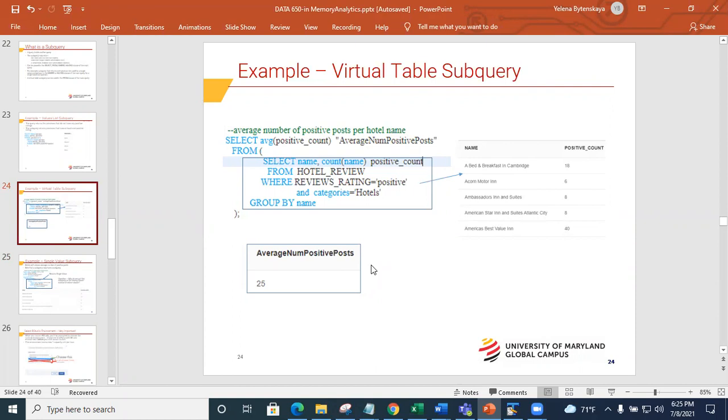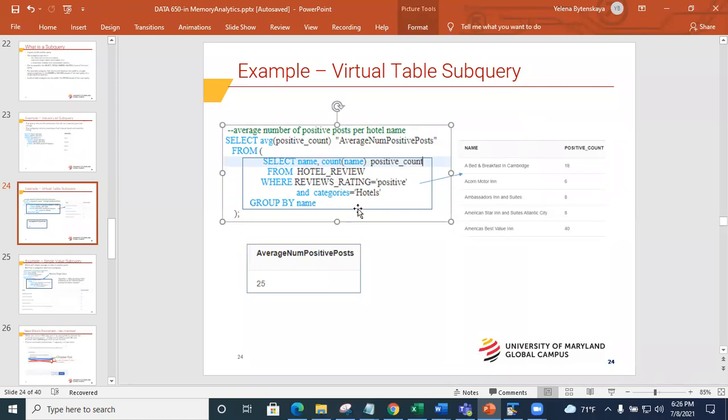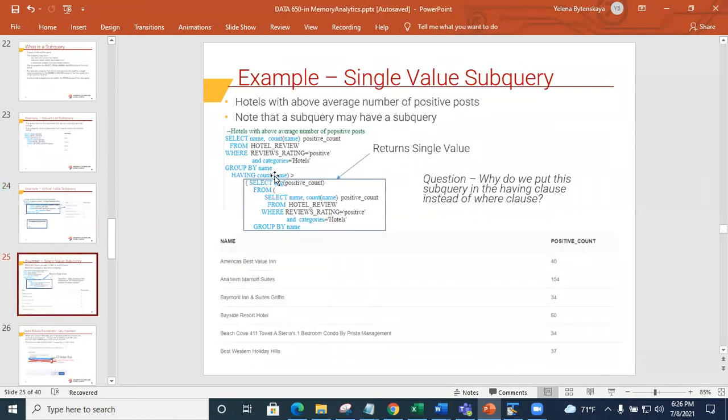I did not care which hotels are involved. So here I'm doing the hotel name and I'm counting how many positive posts are in that hotel, and see this subquery returns this little table. Then this returns this count 25, and now I'm taking it further.